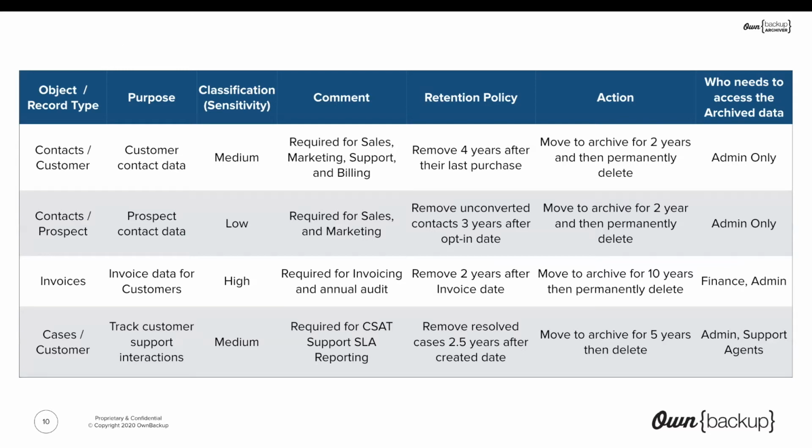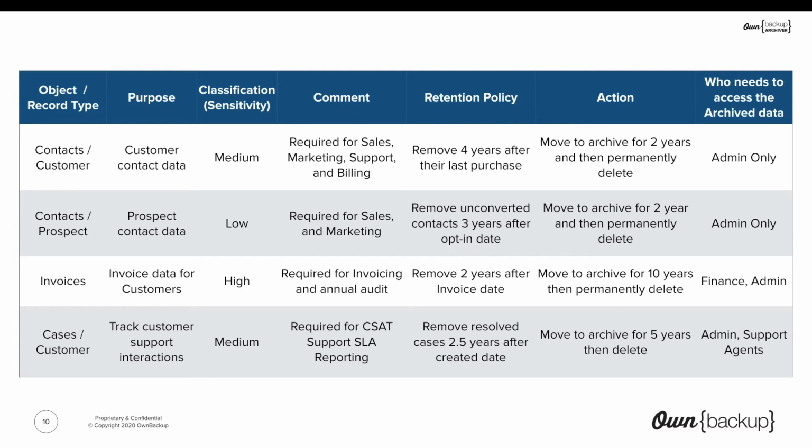So here's a really basic example of how that data can be categorized to lay out the framework for that retention policy. You're going to want to start by identifying all the different types of records you're storing and how that information is used by the business. And then you can classify it based off its sensitivity, how long it retains its value to the day-to-day operations, and whether it's a candidate for archiving. And then if so, how long does it need to be retained in the archive, and who's going to need access to it while it's there.